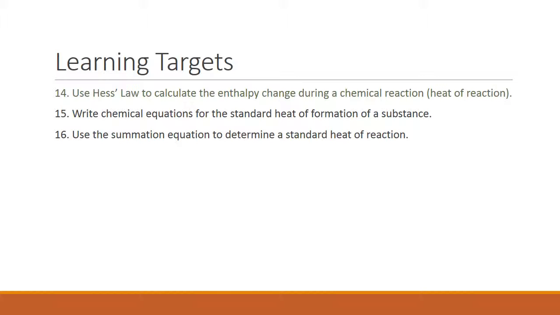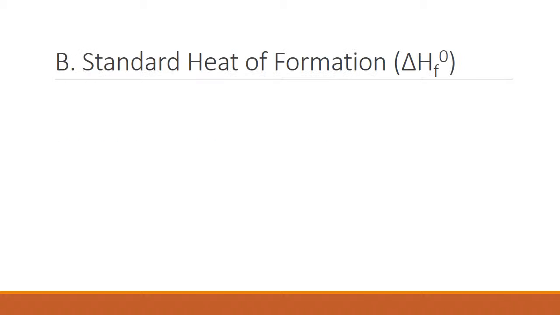The first of which is we want to be able to write chemical equations for what we call the standard heat of formation of a substance. So, standard heat of formation, and do notice how we use symbols for that. Instead of an Rx for reaction, we have the subscript F there. It's still an enthalpy change, so it's still delta H. And anytime you see this superscript 0 here, it kind of looks like a degree sign,